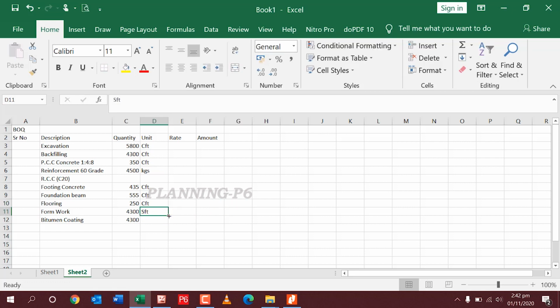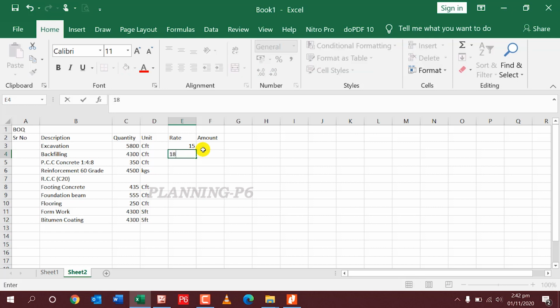I will put general rates to calculate amount to draw my S curve by cost. Loading, I also provide. It is in rupees.